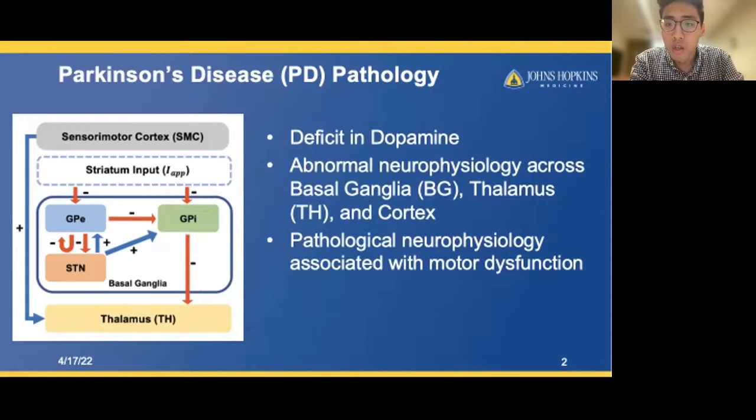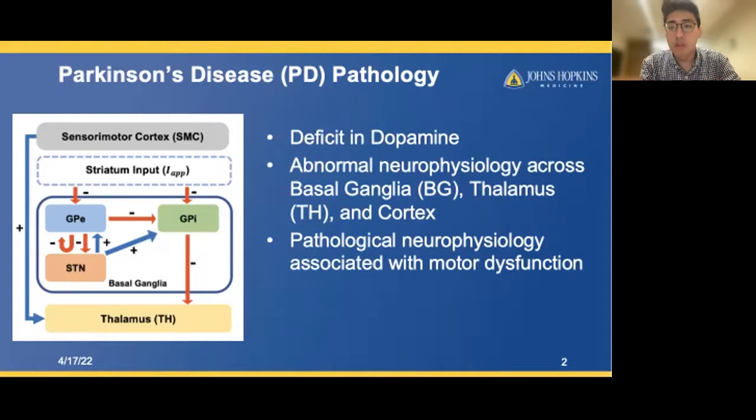in motion control. Specifically, dopamine binds to the receptors in a nucleus called the striatum, which then inhibits its downstream basal ganglia nuclei, the globus pallidus externus, or GPe, and the internus, or GPi. But the overall lack of dopamine in PD reduces this inhibitory effect on the GPe and GPi, thus hyperactivating the subthalamic nucleus in this downstream pathway, and in turn hyperinhibiting the thalamus, resulting in a reduction in the output into the